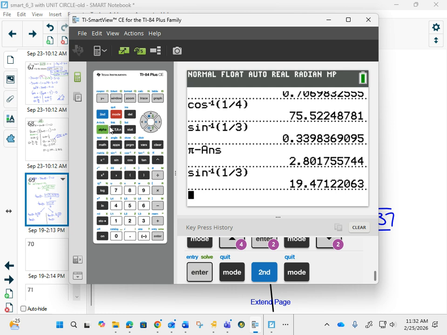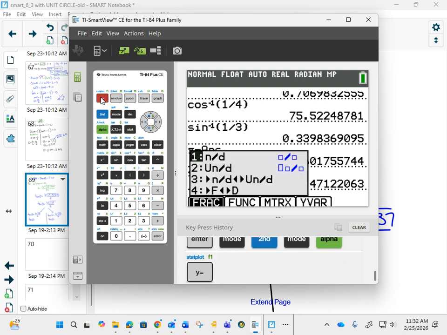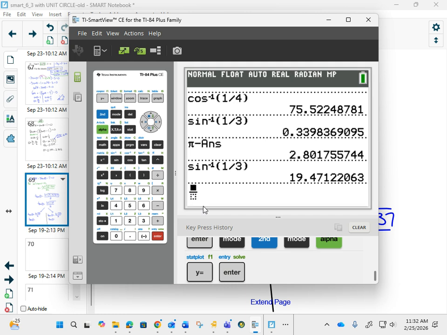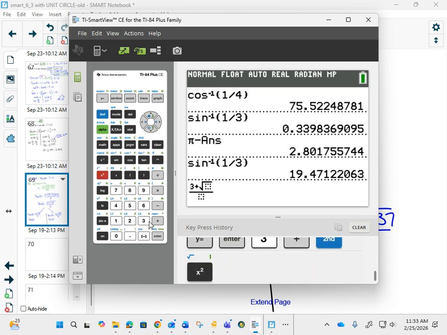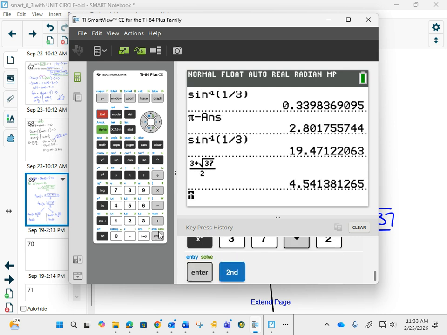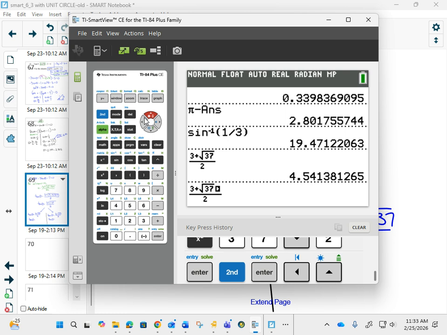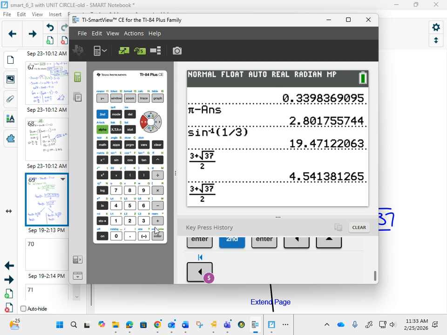So mine, I can get the fraction button by going alpha y1 and pushing enter, and I get the fraction. Then I can go 3 plus the square root of 37 over 2 and push enter, and 3 minus, let's change that to a minus sign,